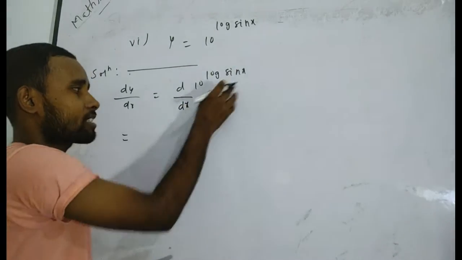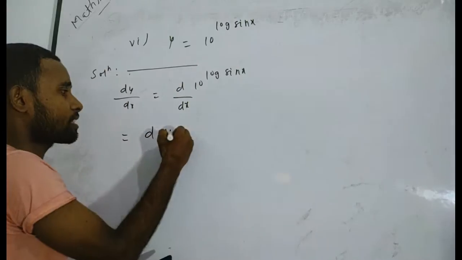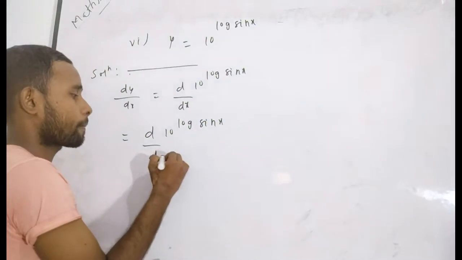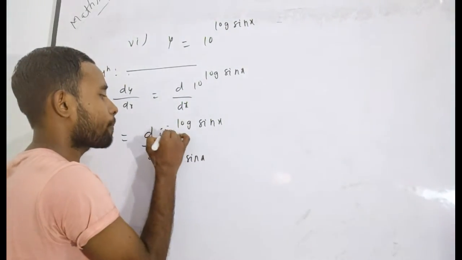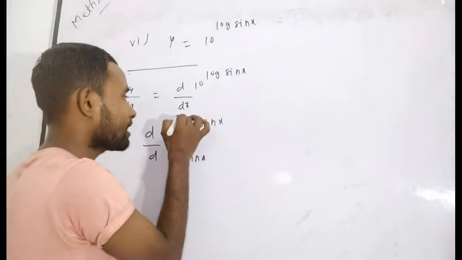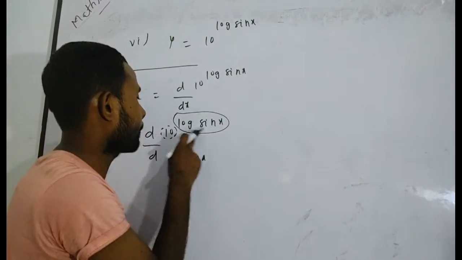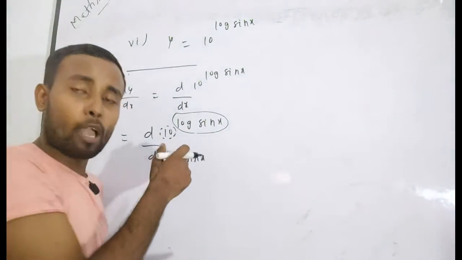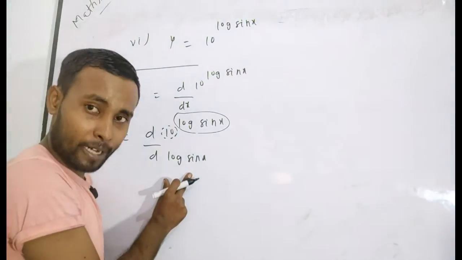As you know, this function cannot be differentiated directly with respect to x. That's why I want to differentiate this function, that means 10 to the power log sin x, with respect to which function? Log sin x. Because in place of a there is given 10, and this is a single term. Suppose that this is p. Then a to the power p, here with a equal to 10, you have to differentiate with respect to p first. That's why I want to differentiate this function with respect to log sin x.